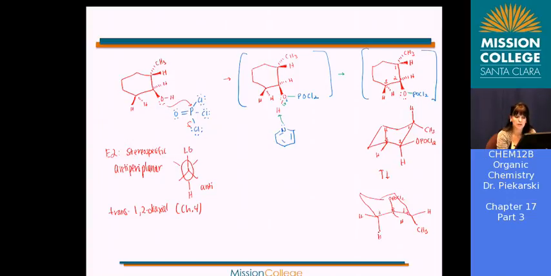So we need to pull off this hydrogen here. And so that base is going to come in, that's a pyridine. Pull off that proton. These electrons are going to come here to form a what type of bond between carbons 2 and 3? A double bond. And then you're going to kick off your leaving group. So in the end,